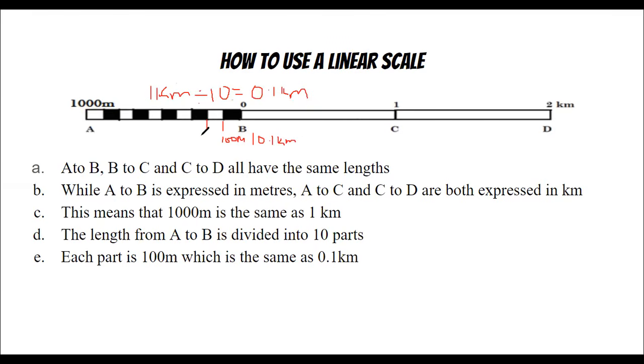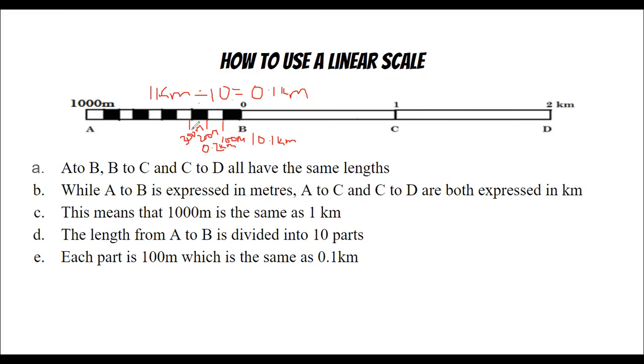This length here is 200 meters, which is the same as 0.2 kilometers. And we could continue. This is 300 meters, which is the same as 0.3 kilometer. 400 meters, 0.4 kilometers, which means that